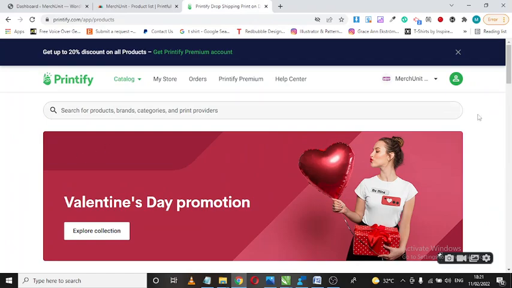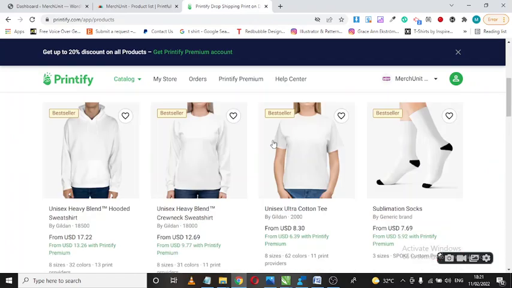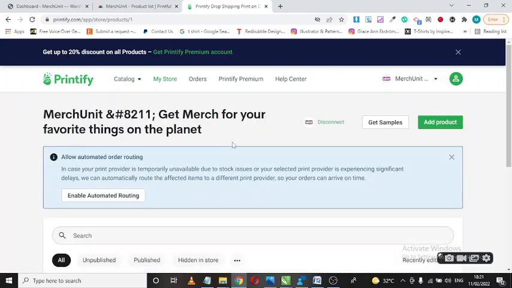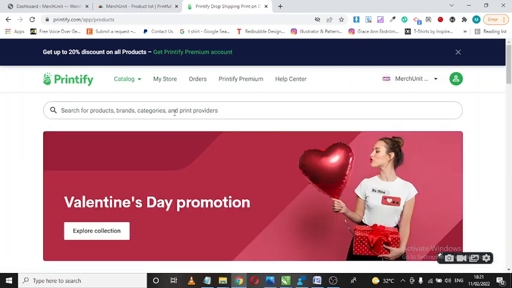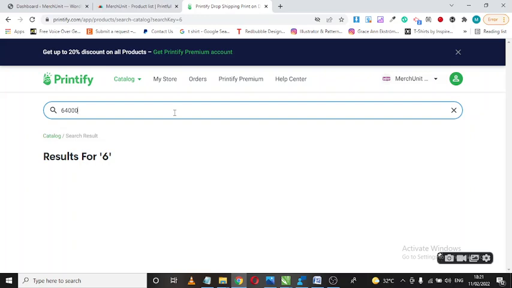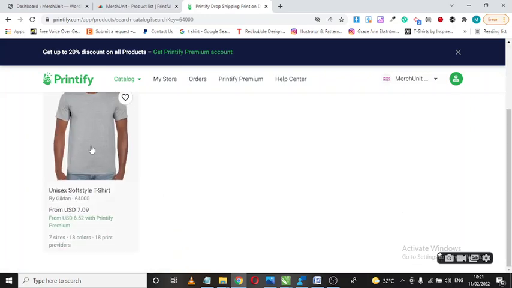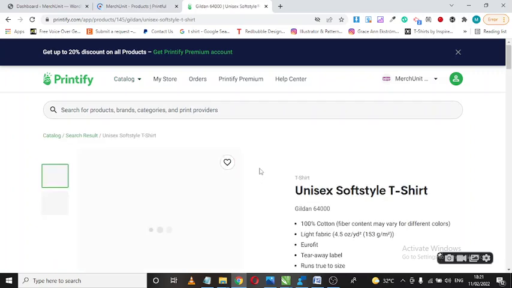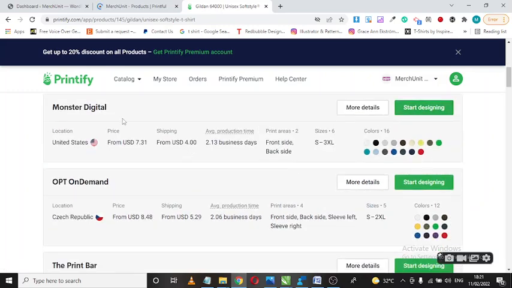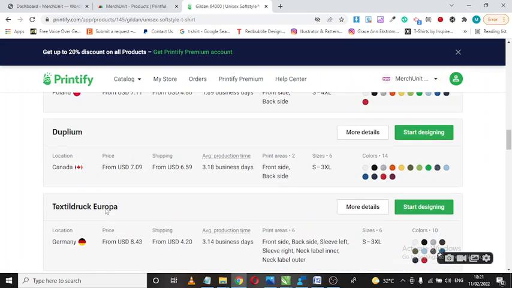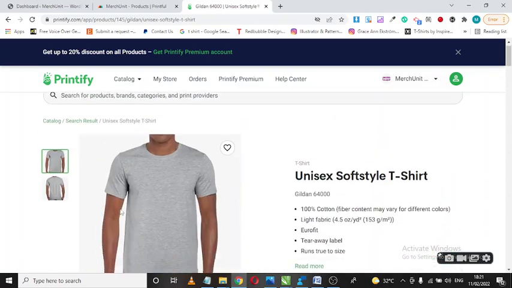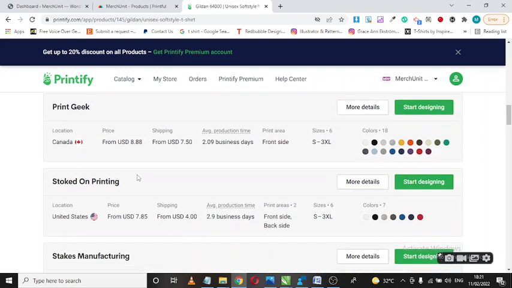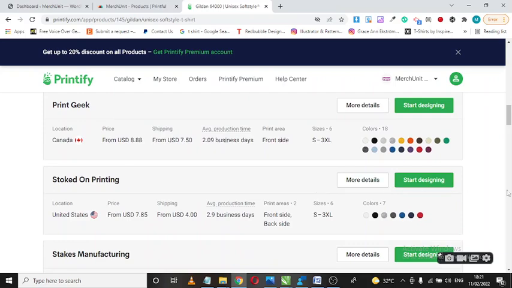So while that is going on, let me head over to my Printify and show you how it's being done on Printify. So from Printify, what you want to do right now is go to my store, click add products, and I'm gonna still add the same product, 64000. This is Gildan. Now with Printify there are a lot of suppliers. They kind of brought a lot of suppliers together, so you can choose the best one you want. For me, I usually go with Stockton Printing,